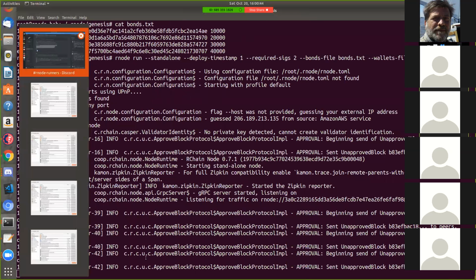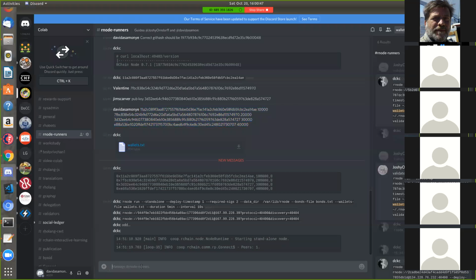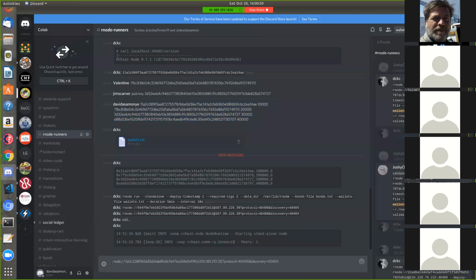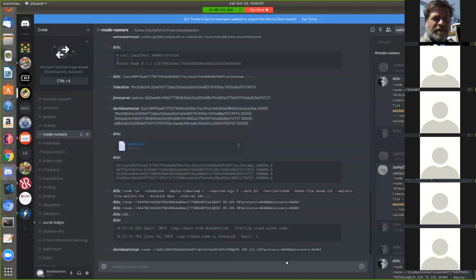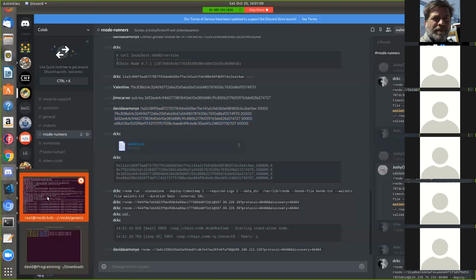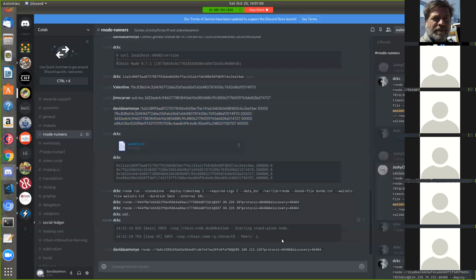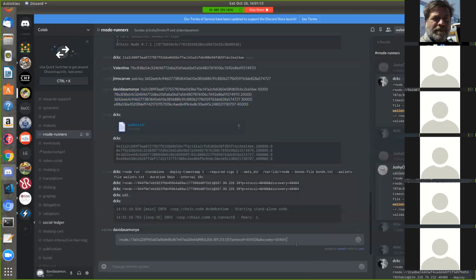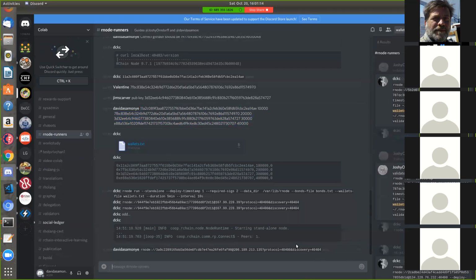So I'm gonna paste in my bootstrap address. And we don't want that period, right? There's a period at the end of what you pasted, which I believe is not part of the bootstrap address. No, it isn't. Take that out. Okay.